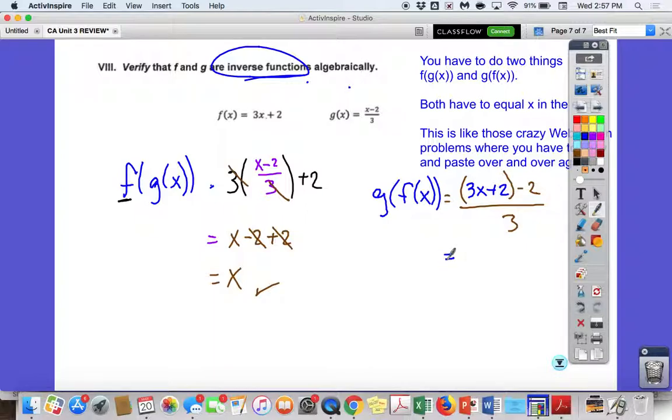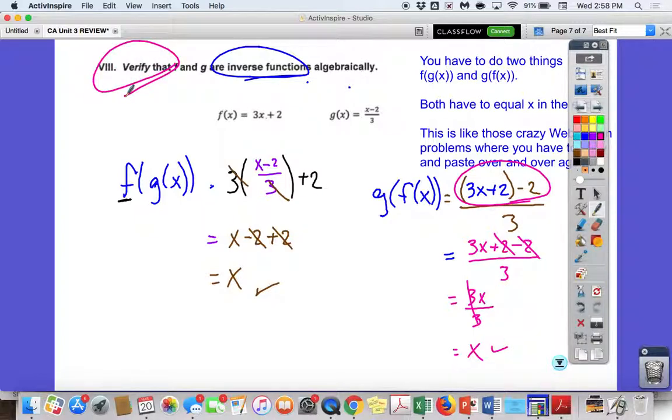Okay, now keep in mind that fraction bar is a grouping symbol, so all this stuff's got to be done first. You don't really need the parentheses, so you can drop them. That means these two cancel. So I got 3x over 3. These cancel. I got an x, and I'm done. But that's what you're needing to do when it says verify. Okay, the other part with the